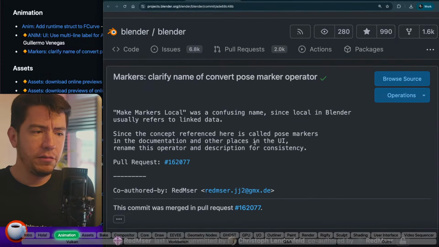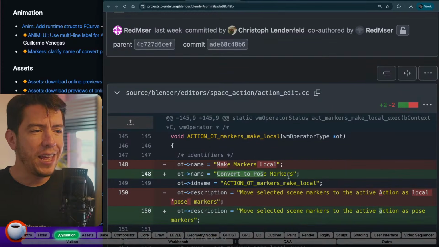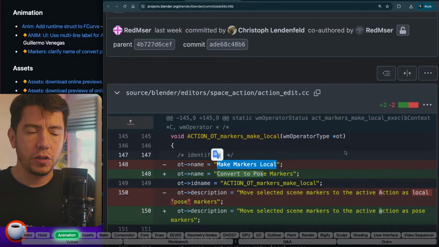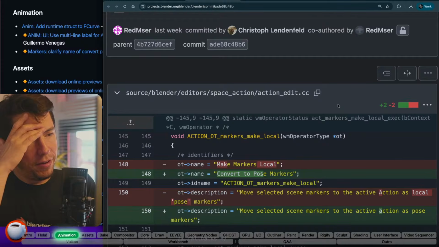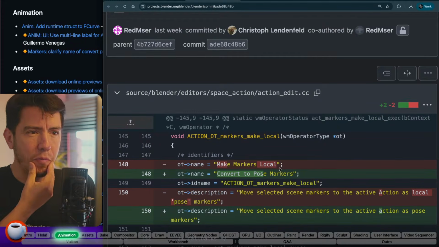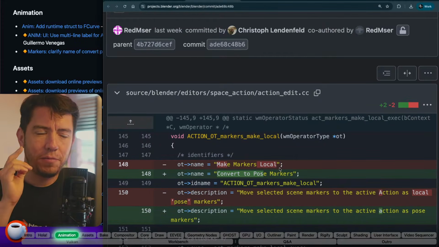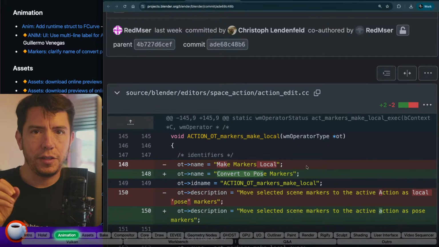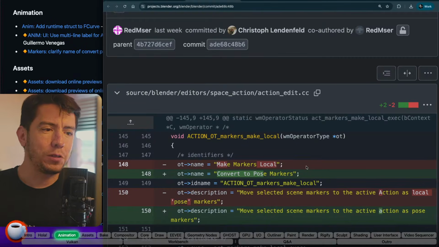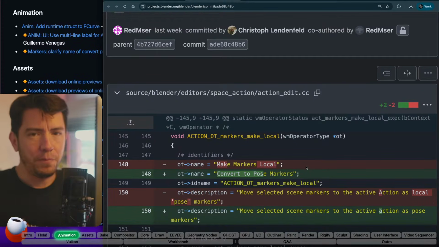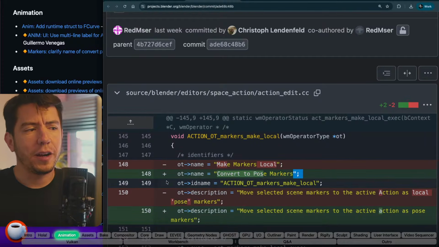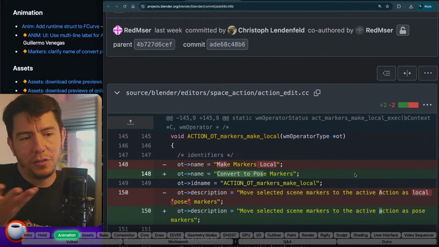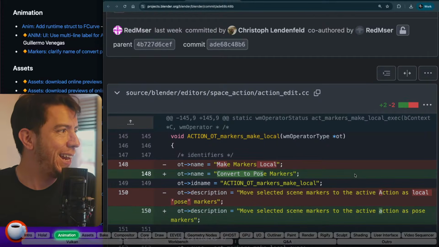Then another UI only change is the name of the operator called make markers local. I don't even remember when this was added. I think it was post markers, a long time ago, because the name is wrong. The word local in Blender is always used in the context of linked data, and this was more related to converting into these kind of markers, which are post markers. But yeah, post markers are kind of end of life, but it's good to keep them, at least the documentation, alive. But it is kind of end of life because